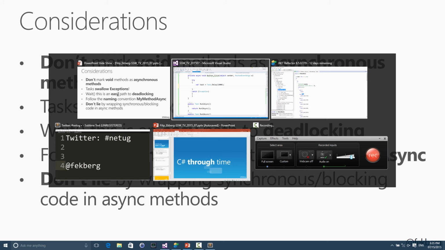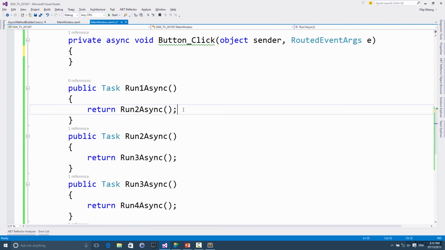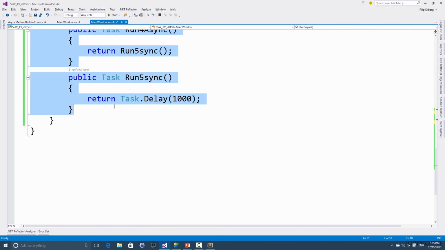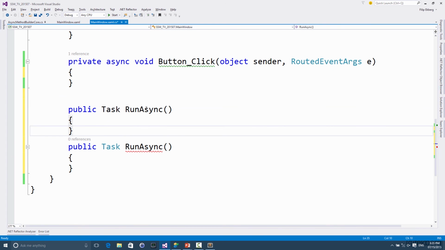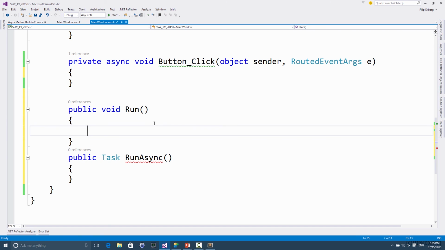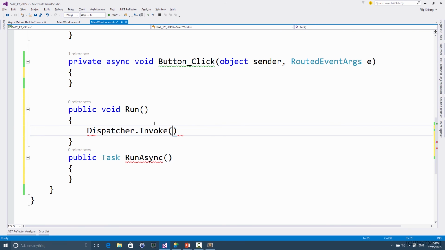Don't lie in your APIs. Let's take a look at this example here. Let's say that we have this asynchronous method here. Let's just call this, get rid of all the other nonsense, and do run async, which is going to be a representation of a non-asynchronous method. So notice how these two methods, they're the same thing, but one is going to be synchronous and one is going to be asynchronous. Let's say that the run method will ensure that it always runs on the UI thread. So we do dispatcher.invoke,